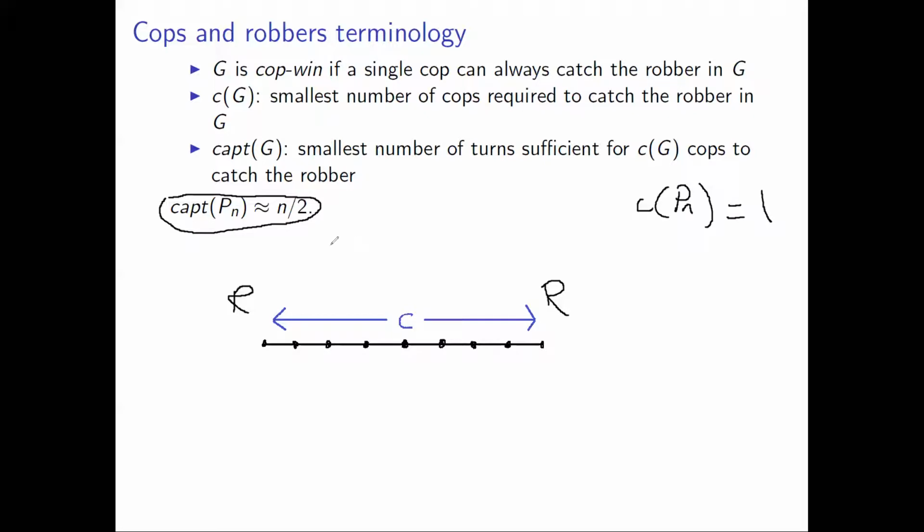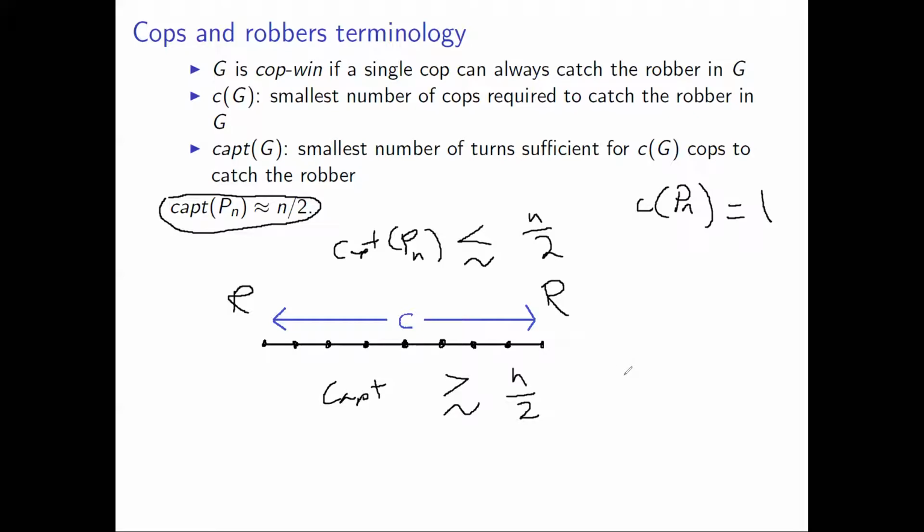Although we only explained really why the capture time is less than n/2. And the reason why we can see that it's also greater than n/2 approximately is because